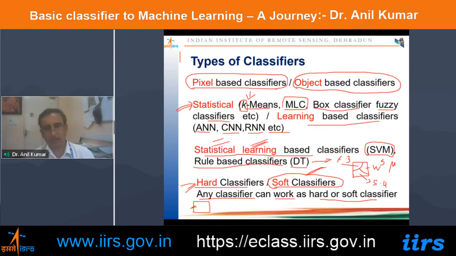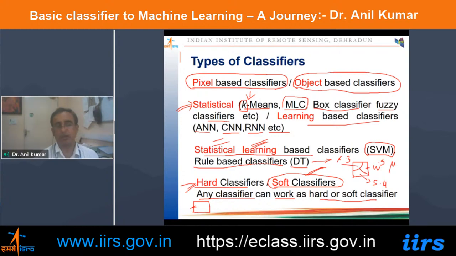Some algorithms are already designed to work as hard or soft, but during implementation we can modify all the algorithms. We can use them as a soft classifier, and vice versa, we can convert them to a hard classifier. So today there is no limit, and there is a very good example you can see in the commercial scientific tool NV. Whatever classification algorithm there you see, you can get the output as soft and hard. So that concludes today. You can use any algorithm as soft, and the same algorithm you can use for hard classification